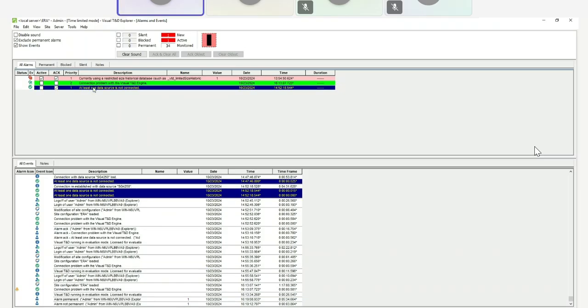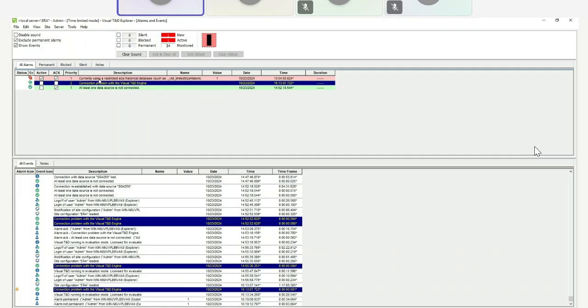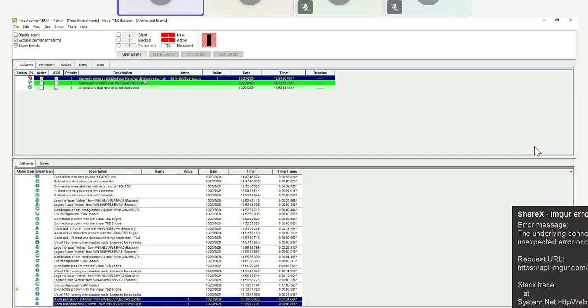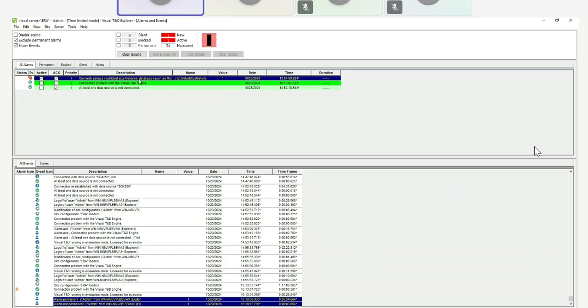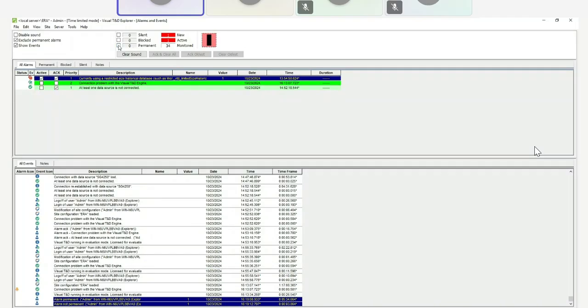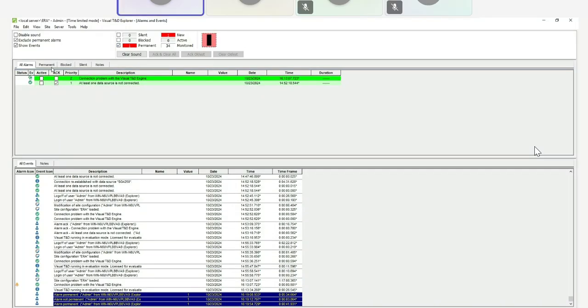In the alarm window pane, we can define if we can categorize an alarm as a permanent alarm, black alarm, or silent alarm. For example, for this one, since I know that I am using a restricted size of database, the default database, I could say that this is not a threat alarm. So I will just categorize that as a permanent alarm. I will select that one, then just click permanent. That alarm will be sorted out in the permanent